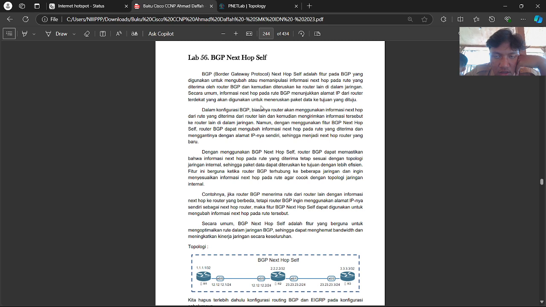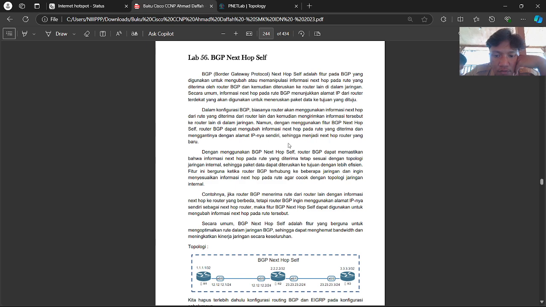In a BGP configuration, the router usually uses the next hop information from a route received from other routers, and also sends that information to another router in the network.